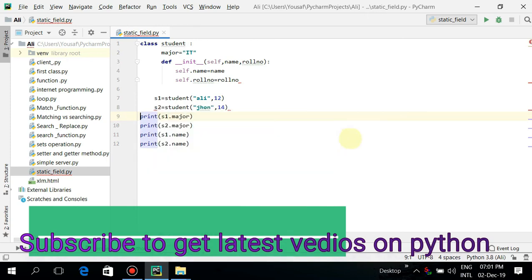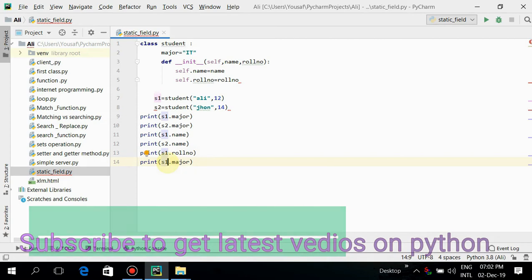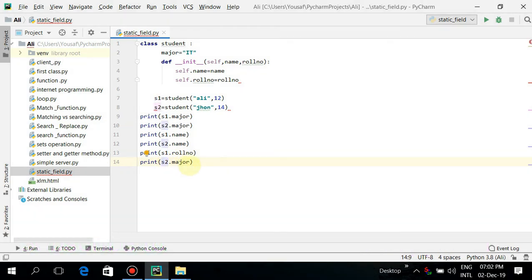And for the roll number you can also paste again to display the roll number. Now last time, paste for the second student's roll number. Okay, let's